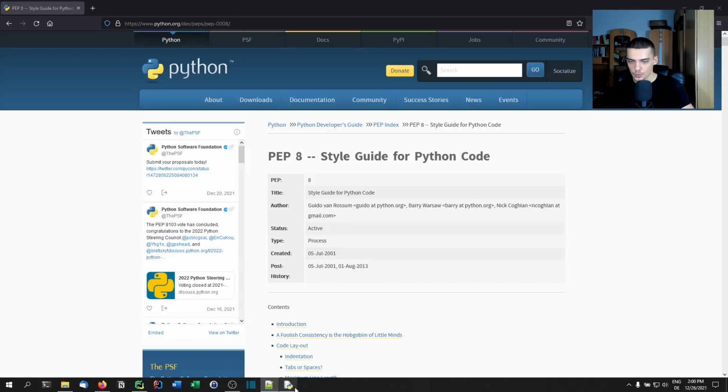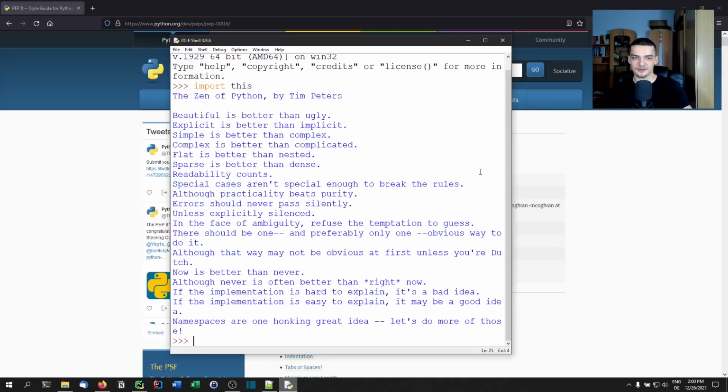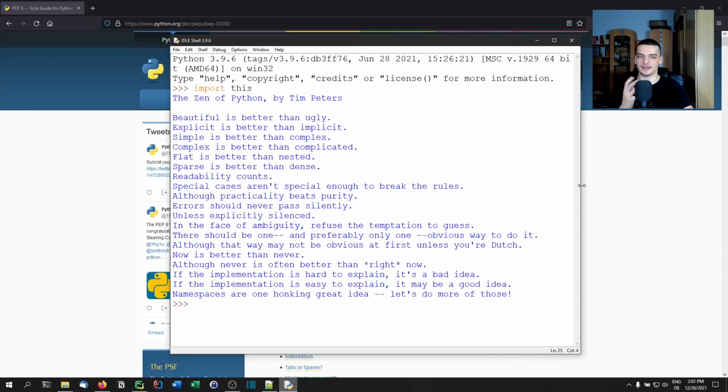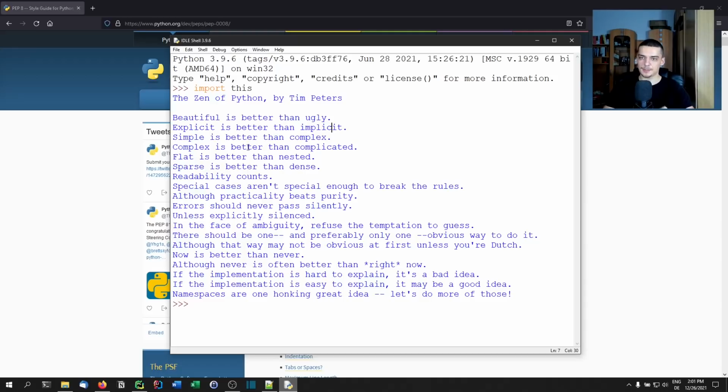And one thing that you might want to follow here is you can go into your Python IDLE and just type import this. This is the Zen of Python. Those are just some general soft guidelines, nothing specific, nothing like line length or characters to use. Just some basic guidelines like beautiful is better than ugly, explicit is better than implicit, simple is better than complex,